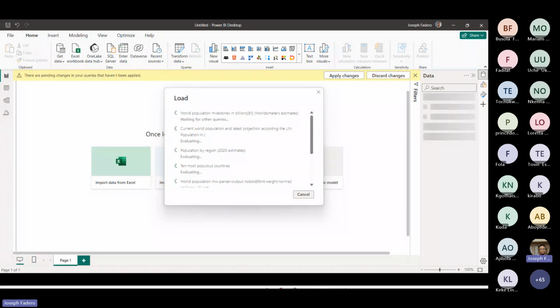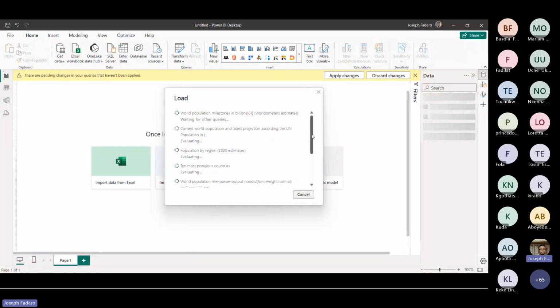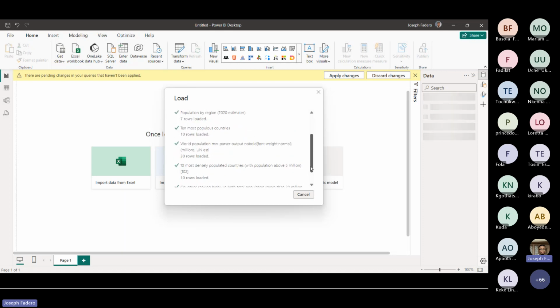I don't know if this is based on my laptop. I think this is slightly based on network and my laptop right now, but it should load from your end as well. It shouldn't really take any issue loading from your end. Okay, it's finally loading, creating connection in the model, then loading to the model. Because we are connecting to an external source, that's why it takes a little bit more time.